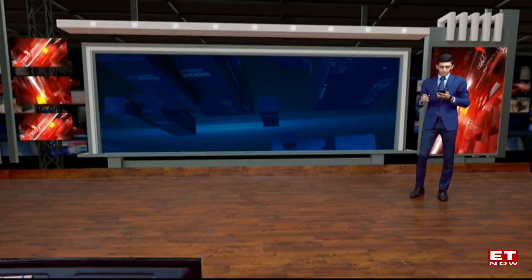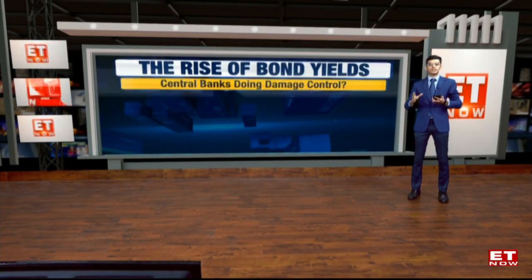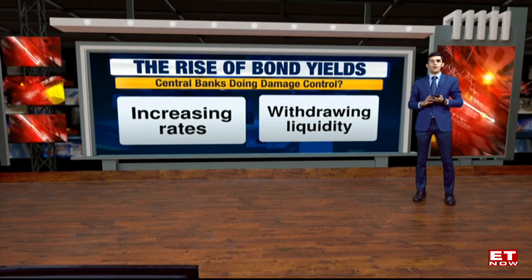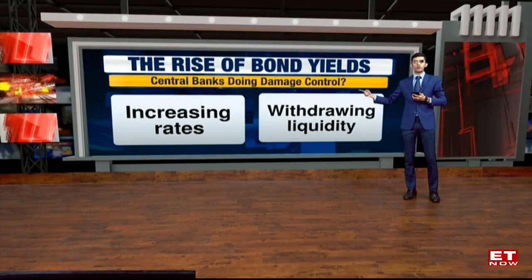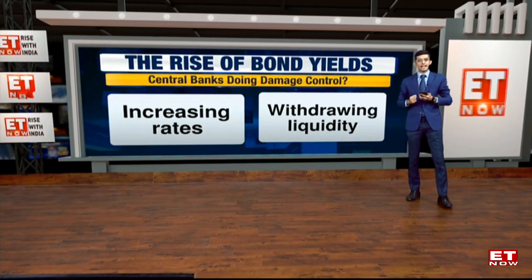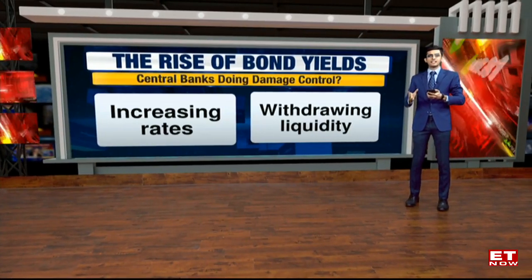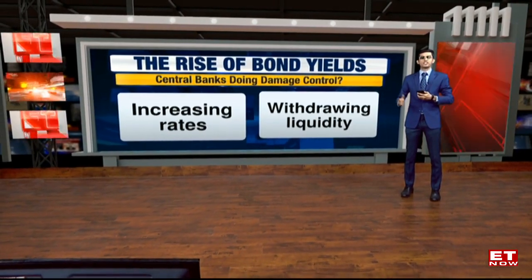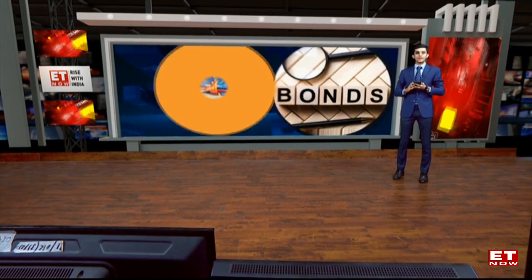Well, thank you, Aisha. When I'm looking at the larger perspective with regard to increasing bond yields, it's largely on the back of inflation. And inflation is causing increasing rates and central banks withdrawing liquidity. A withdrawal of liquidity largely means that central banks are buying fewer bonds, infusing less money into the system, and in fact now starting to sell bonds starting June 2022. That's where the Federal Reserve is at.